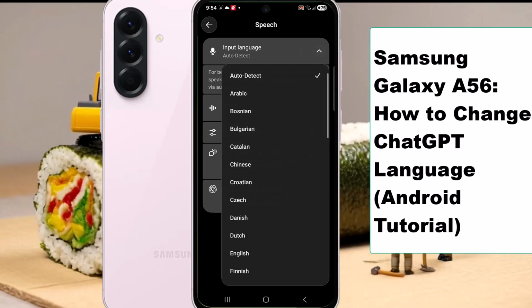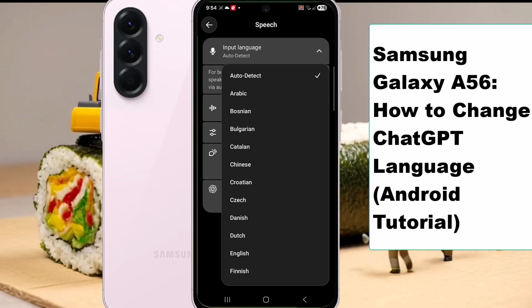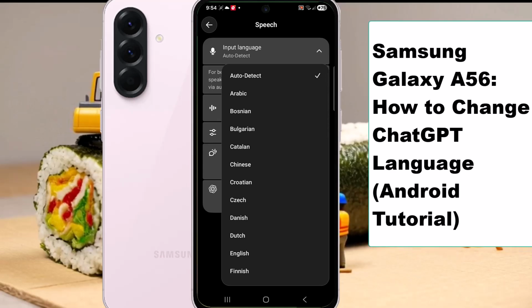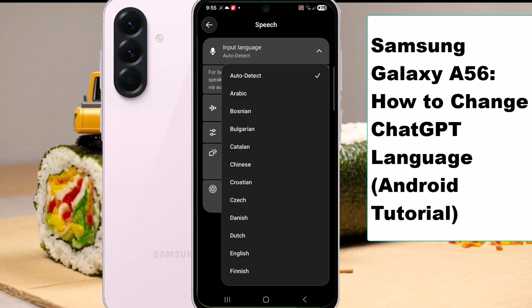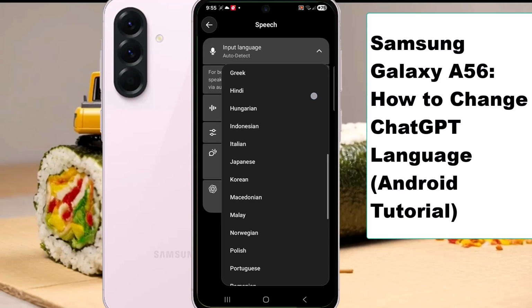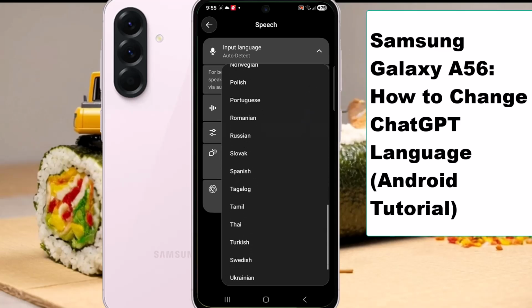You will see a list of available language for voice input. Select the language you want to use when speaking to ChatGPT. Example,